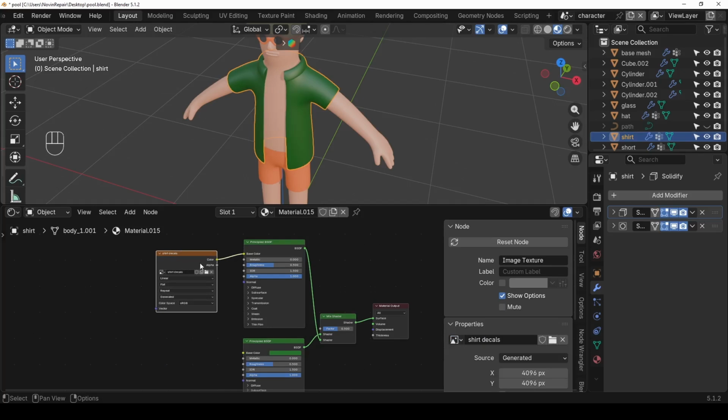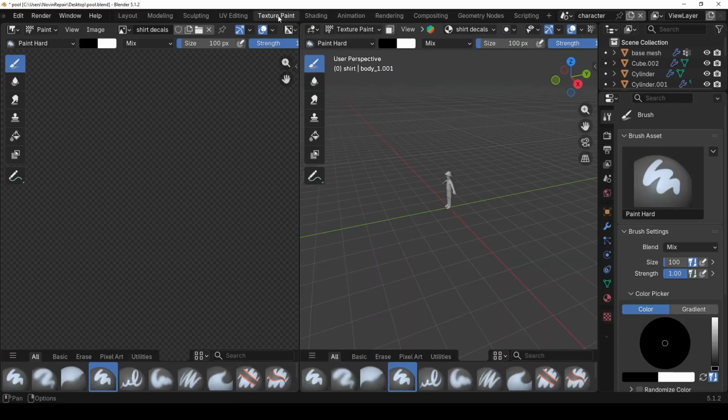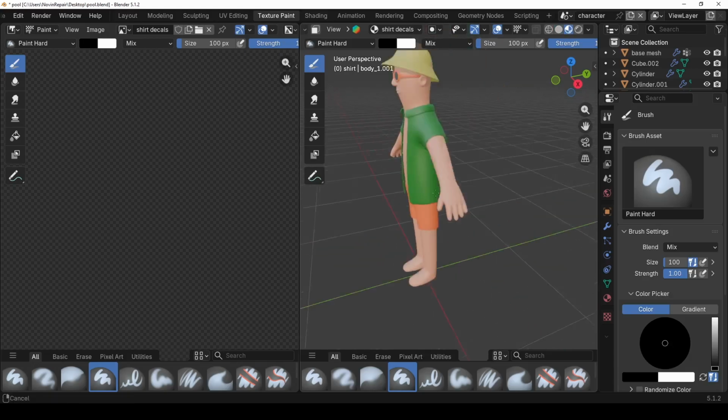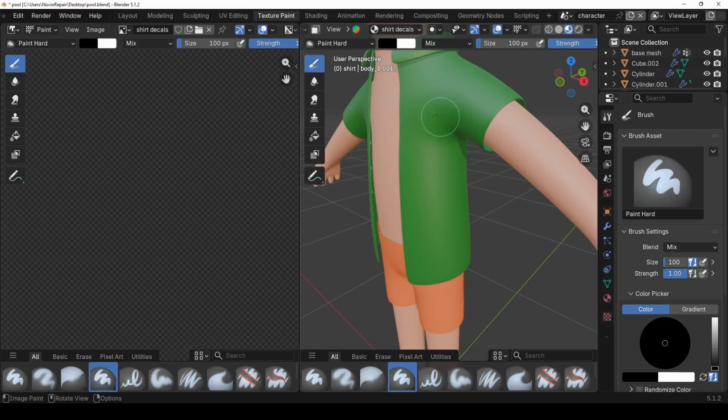And next I'm going to connect this alpha to this factor in mix shader, and now with this node selected I can go to texture paint, and you cannot see the shirt. That's because of the solid mode preview. If you go to material preview, you're gonna see the shirt, and we have to import an image here to paint on. Now we can paint on it, so it doesn't really matter. You can hit the F key and make it smaller and paint on the shirt,